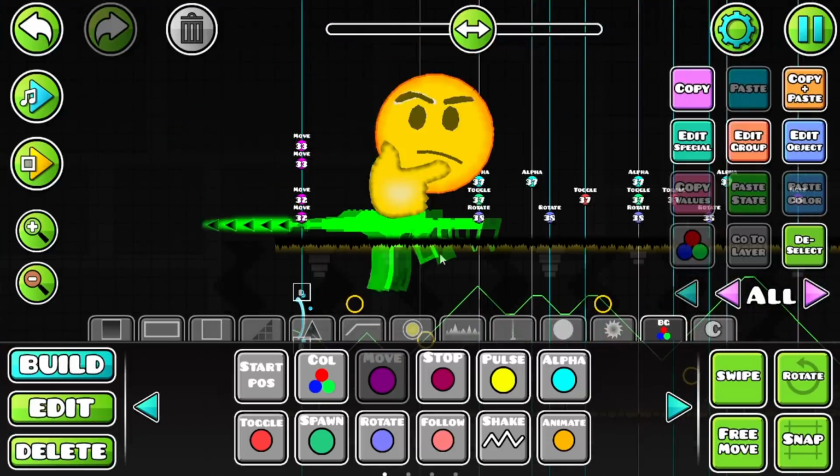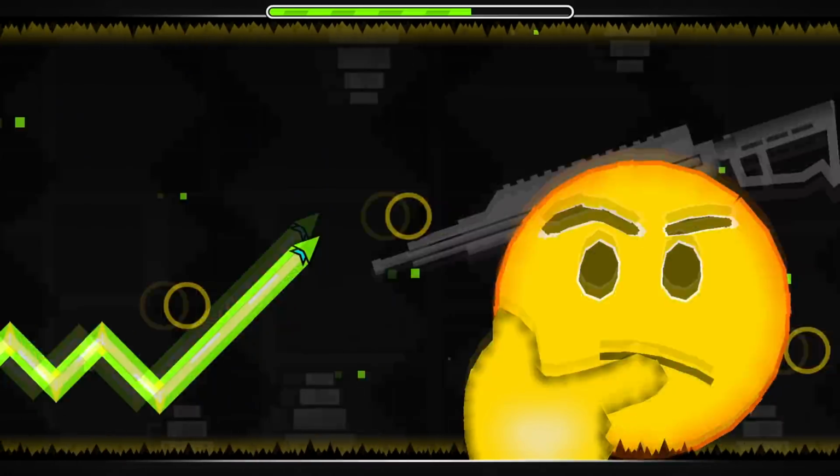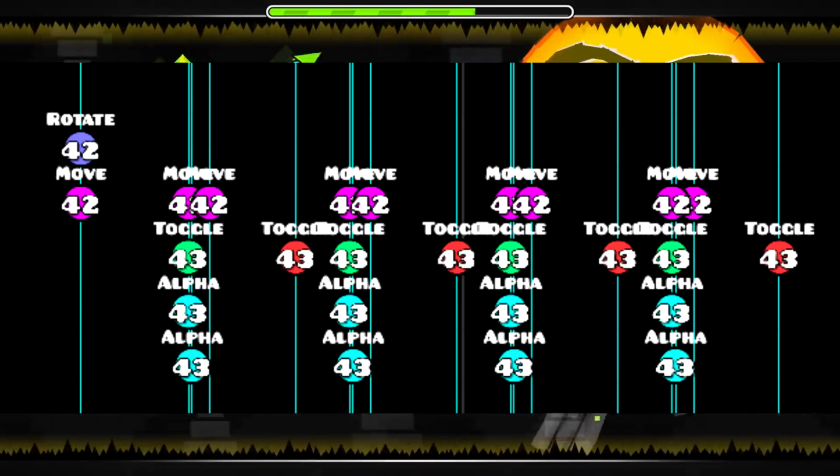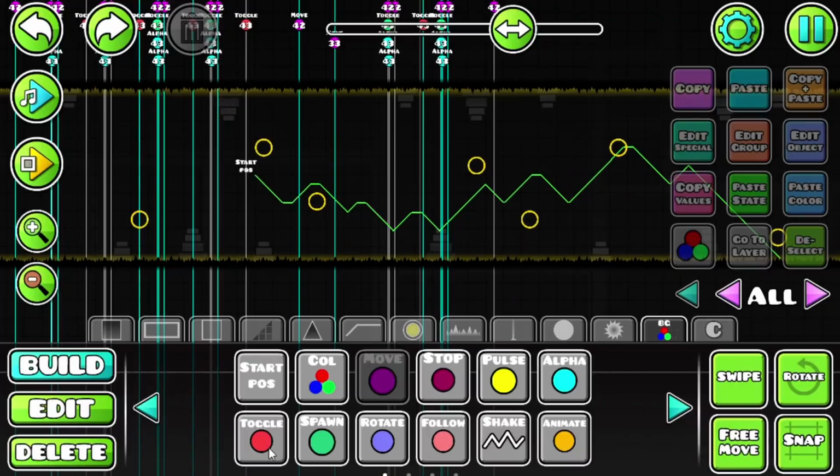Okay, here's the machine gun. These triggers will make the machine gun fire 4 shots while it rotates upwards, and then I did the same thing, only the machine gun will go down. Finally, it'll fire 2 more shots in the middle, having to go back up. So I want to add more emojis in that'll shoot stuff at you, so...